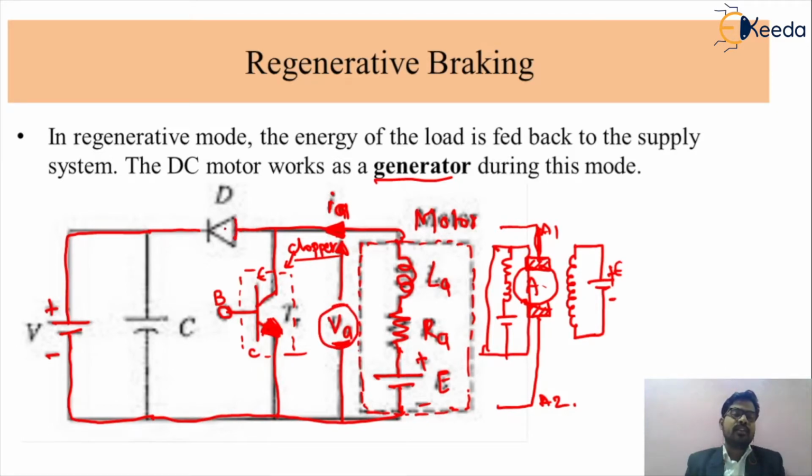And friends, this will be a simple diode. And this will be your capacitor. Why are we using the capacitor in that particular circuit? Because, as we know, it is called regenerative braking. So the energy is generated, and that will be fed back to the source. For the sake of protection, or for storing that electrical energy, we can use a capacitor. So C is called a capacitor, which will store the electricity.